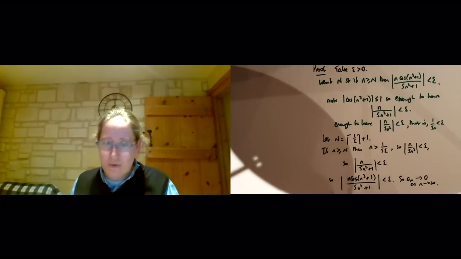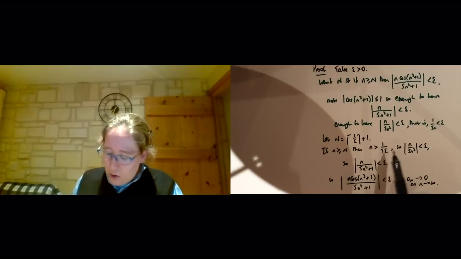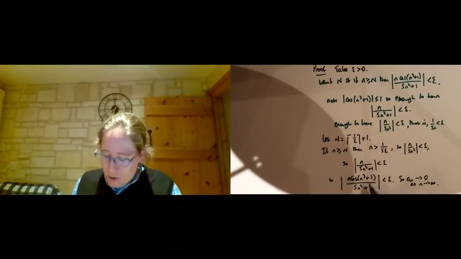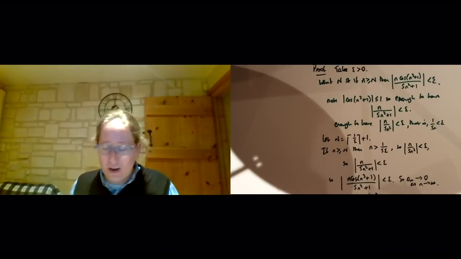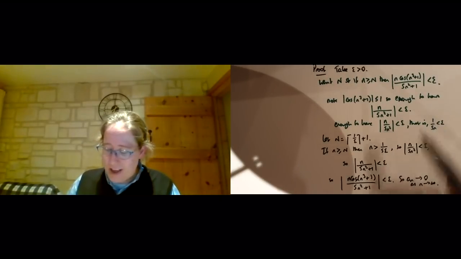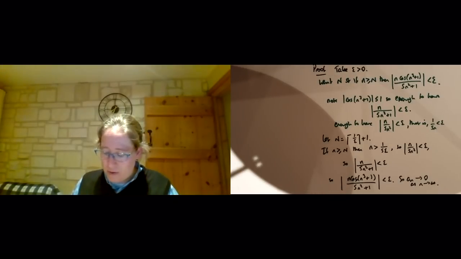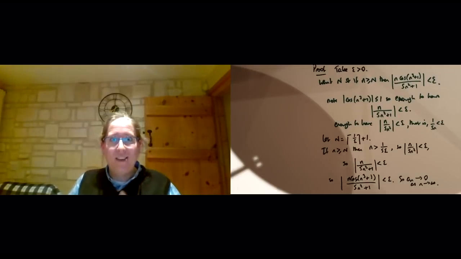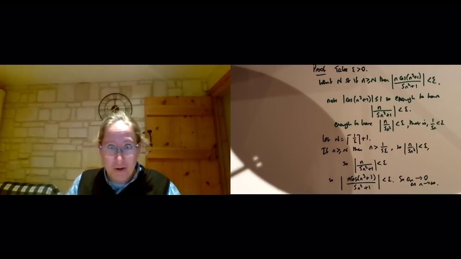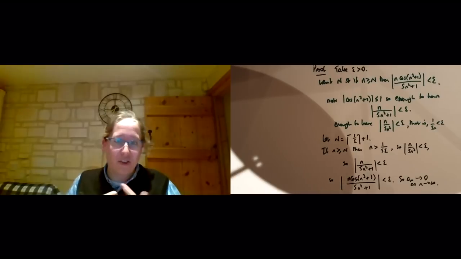Trying to make sure I stay on the screen for you there. So I could have written this last bit a tiny bit more concisely. I didn't need to do these in separate steps. I could have just used the inequalities. I just wanted to try to relate what we were doing here to what we'd done with the coloured part informally previously. I hope this is helping you get some ideas for this philosophy of use inequalities, make your life easier. Everything you write down has to be true. It doesn't necessarily have to be the best possible value of n. And there's a question on sheet 3 that invites you to get some experience of this.